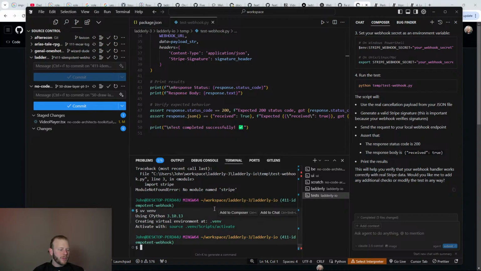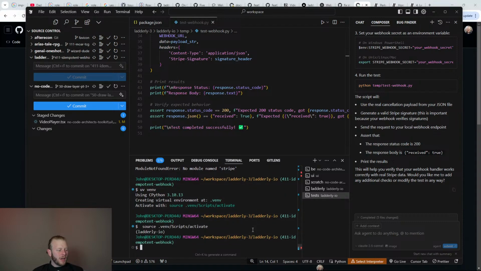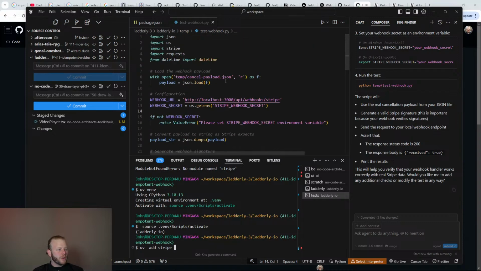Okay, good. Source venv activate. We're going into Python world. Boom, dive in. We're in Python world. I'm going to uv add stripe. And what other dependencies do I have in here? That might be the only one.